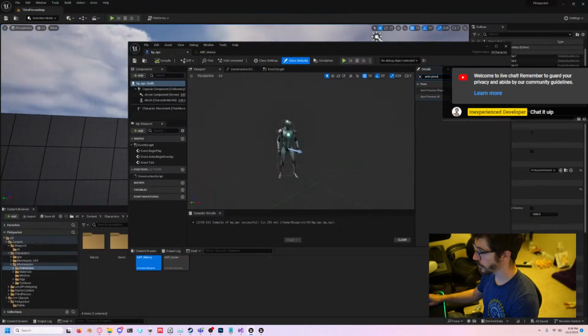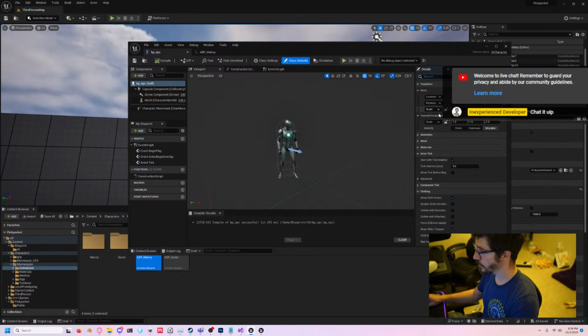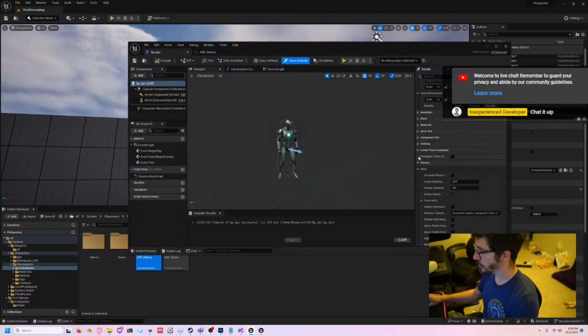You've got AI controller class, so this is by default set to the default AI controller class that's been given in Unreal. We're going to change it to our custom one we made, AI NPC. Then the other option we're going to change, it's here. I just gotta figure out